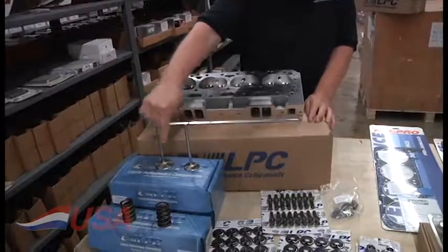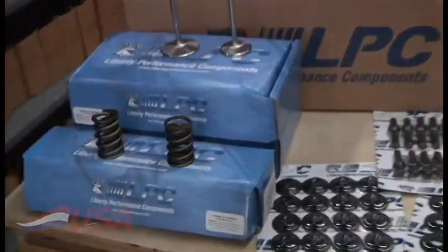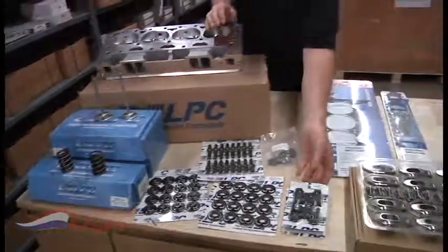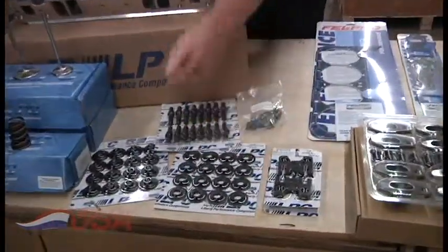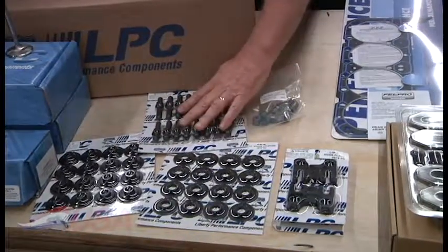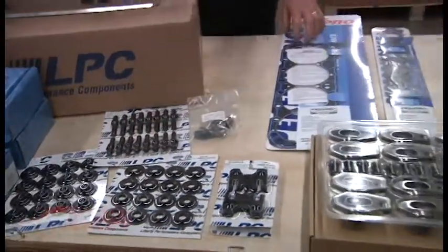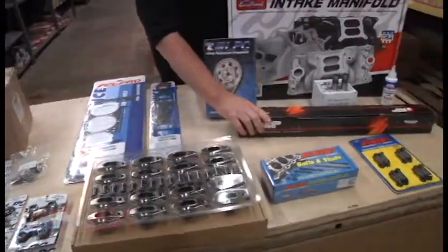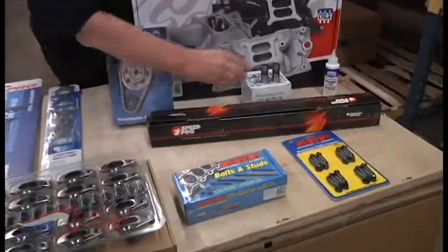Comes with the correct valve springs for the cam application. Everything for the heads, from the guide plates, ID locators, 4130 chrome moly steel retainers, rock arm studs, and Viton seals. But what makes this different than a lot of them is it comes with the camshaft, comes with the